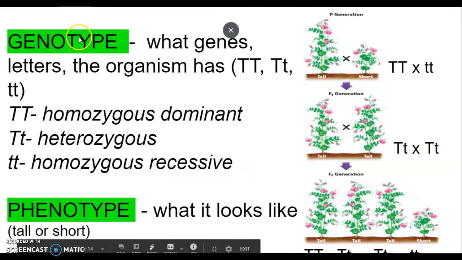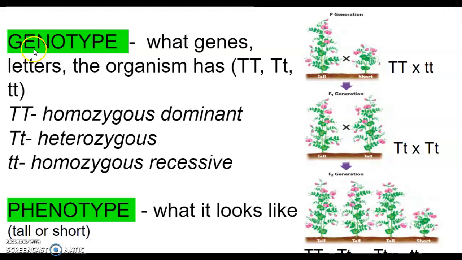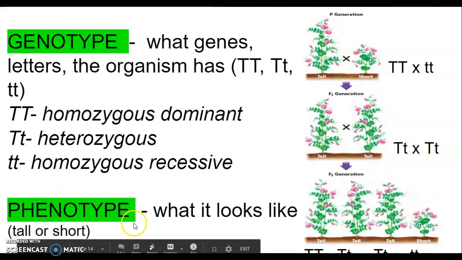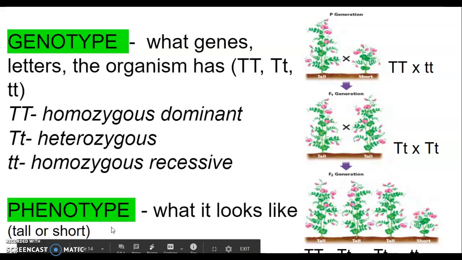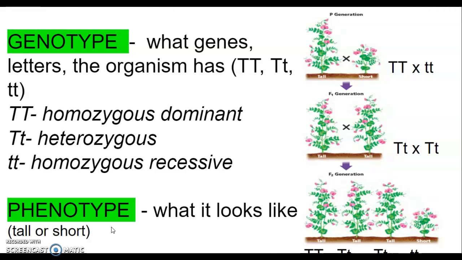When we start to use the vocabulary correctly, we use the word genotype to describe these capital letters, the 2 letters. So any letter makes sense, but for example, this plant is tall and short, we use the capital T to represent the tall's dominant, the hybrid, and the recessive. And you can see the terminology here. Phenotype is going to be what it looks like. So instead of using 2 capital letters or capital and lowercase, you're going to just use descriptive terms like tall or short, green or yellow.